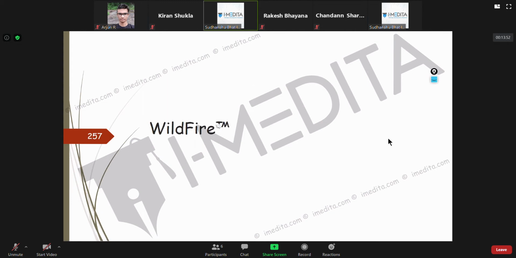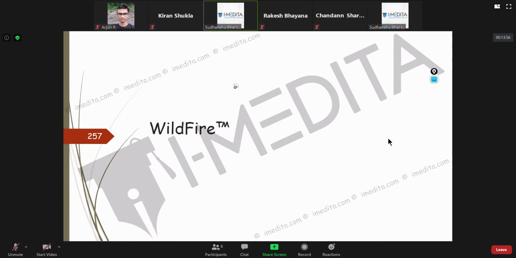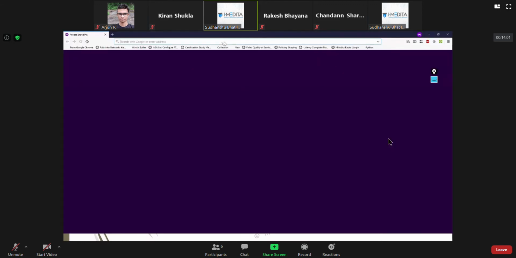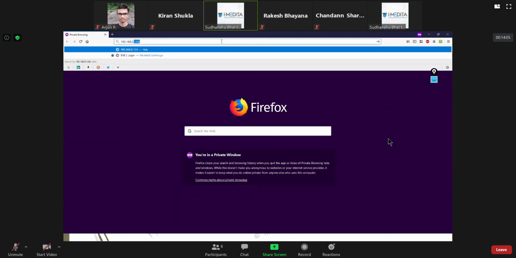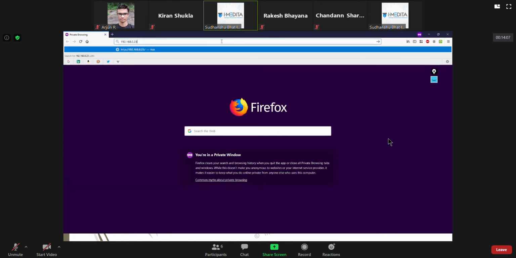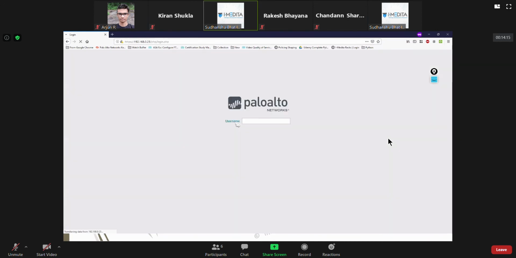So we'll discuss the theory. Configuration wise, it's just like creating those other security profiles. You create this security profile as well and apply it.